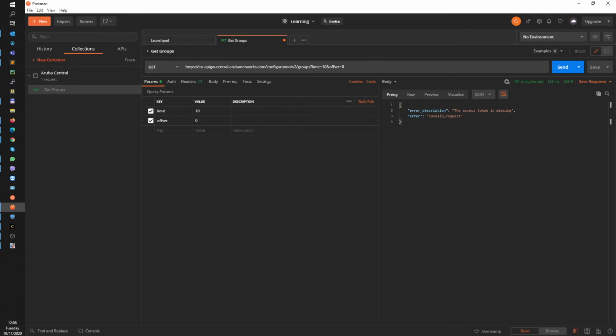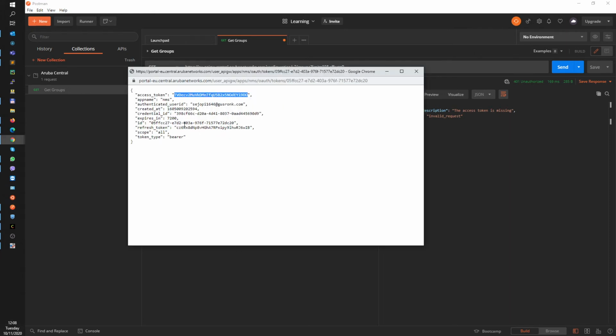And if we look at the access token again here, we can see that the token type is bearer.